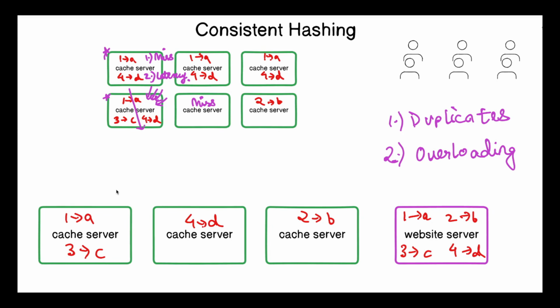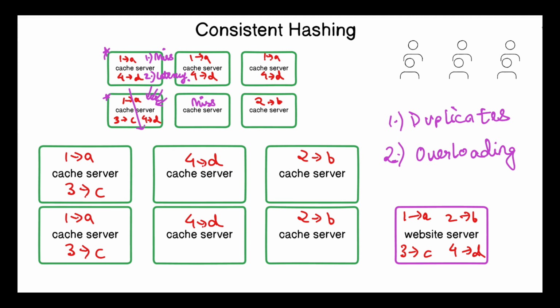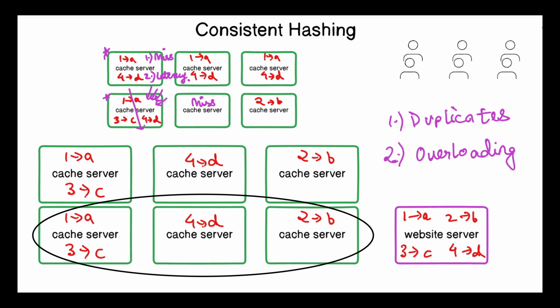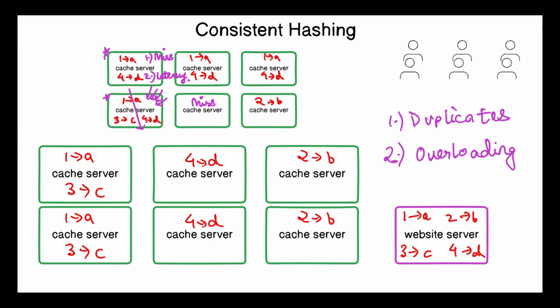So to remove these two problems, we try to partition the data and distribute it across multiple cache servers, and we also replicate these partitions across different cache servers, so that if one server fails, another can handle the request. This approach decreases the overall miss rate because the majority of the data is covered by the cache servers, and the system also remains available 24/7 because we have replicated these partitions across multiple cache servers. So if one cache server fails, then another cache server can serve the request. And we don't have to ensure data consistency across all cache servers. Our main task is to route each request to the correct cache server based on its needs.